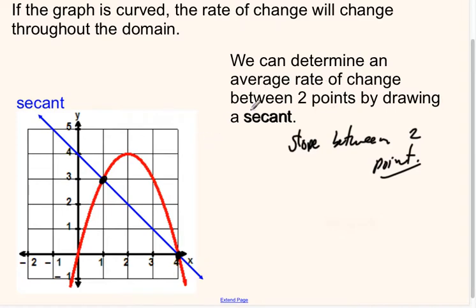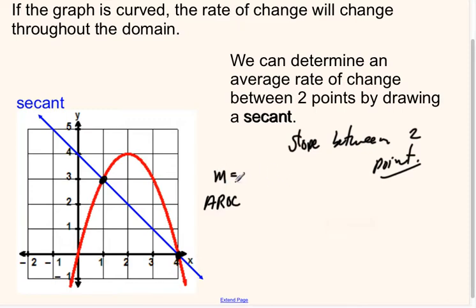So we can determine the average rate of change between these 2 points by finding the slope of that line. Okay, so I could say m for slope, or sometimes we use a, average rate of change, like this. They mean the same thing. So what we're looking for is, if I use the slope formula, which is our change in y over our change in x,